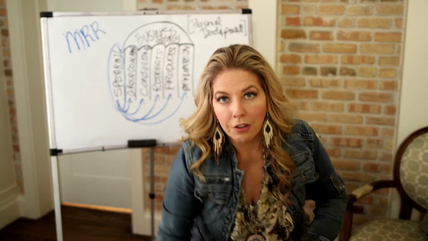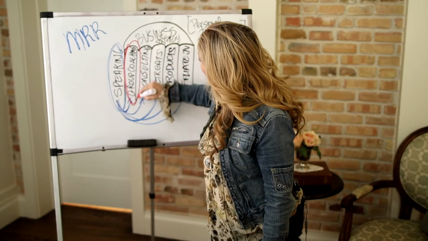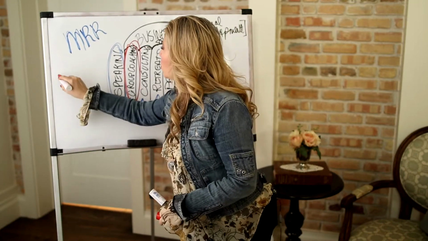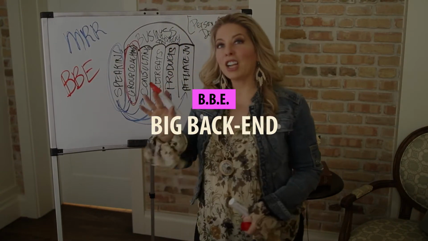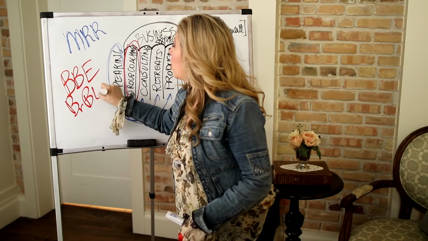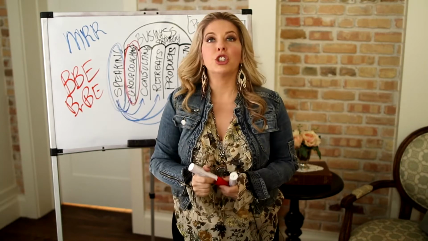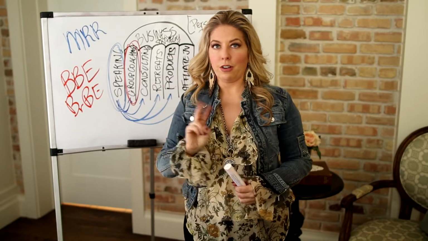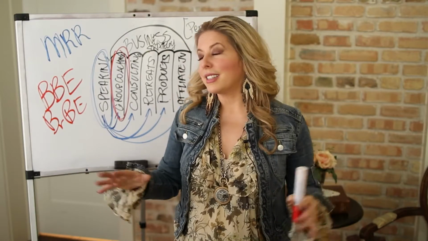So I want to highlight one other thing in my model so you can see what this looks like. I have this group coaching program, and it's a 1-year program. I call that, the group coaching program, my big back end. And actually, I also have a bigger back end, which is once people graduate from this 1-year program, we have a program that's a year 2-3 program. So we actually offer a 2-year version of our program. Why? Monthly recurring revenue, more stability and more consistency.